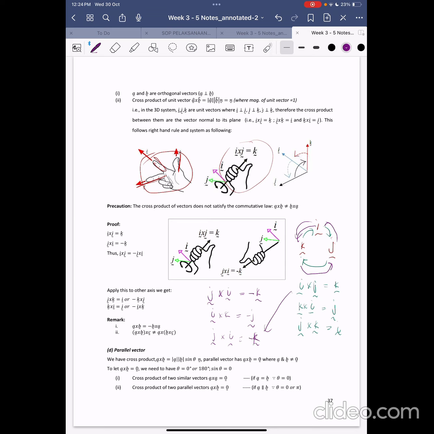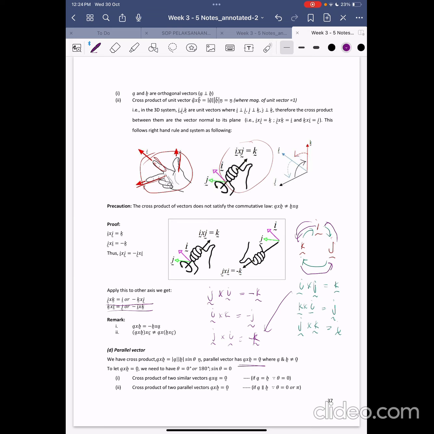So it's not like the dot product, where A dot B is equivalent to B dot A. No, that doesn't hold here. It is actually the opposite, as shown here. Alright, parallel vectors. If we have a cross product, A cross B sin theta, and the vectors are parallel to each other,